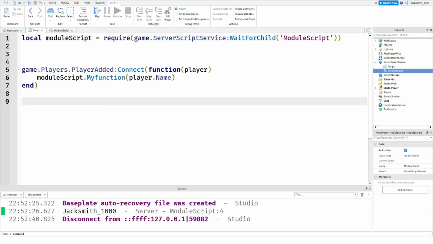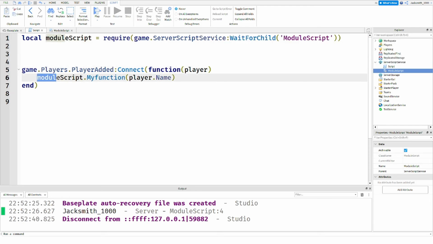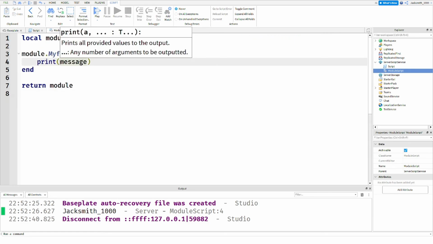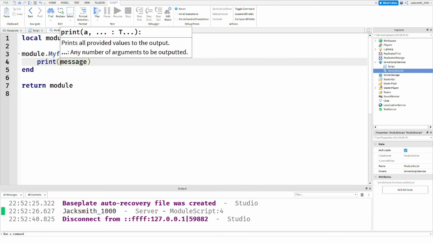Then over here, we've just gotten a player joined event. So game.Players.PlayerAdded. So when a player joins the game, connect a function, and then we've passed the player that's joined the game. And then what we've done is we've called the ModuleScript, and we've called the function inside the ModuleScript, and sent over the player's name as our argument to the parameter of message in the function. And then over here, we've printed the